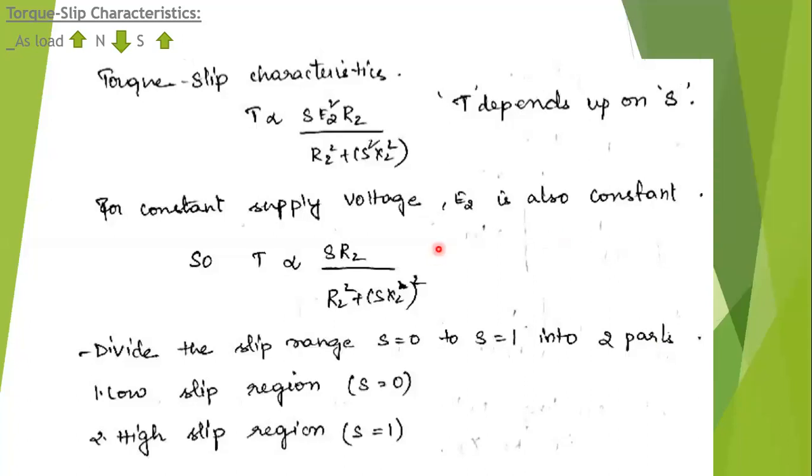Okay. So due to the simplification, the final torque equation is this, and for simplicity I am doing that. We are dividing that S into two parts. So S low part and S high part. Low part means nearly S is equal to 0. S will not be equal to 0 because it is having some synchronous speed. So the low slip region is termed as S is equal to 0, approximately, only approximately. Okay. And next region is the high slip region.